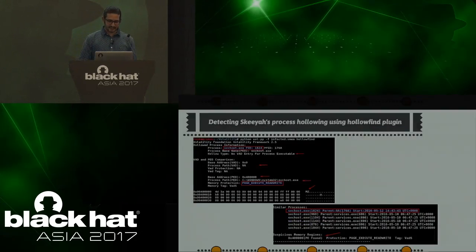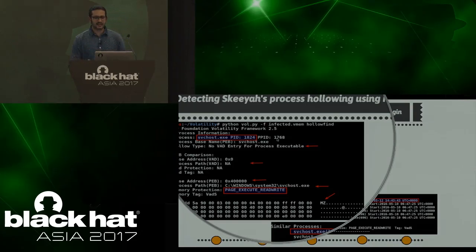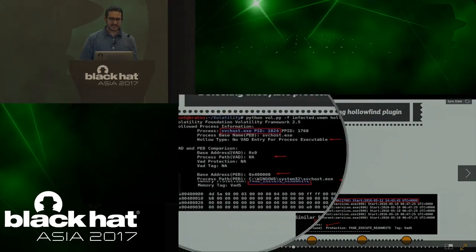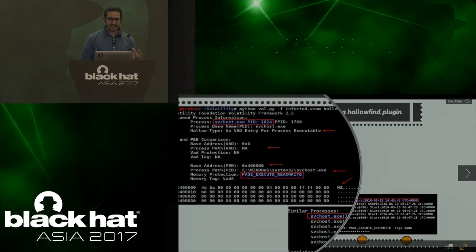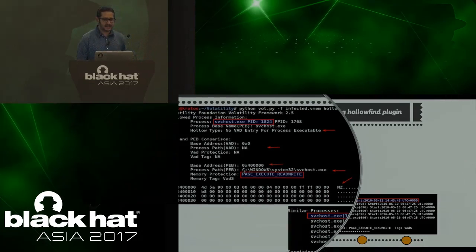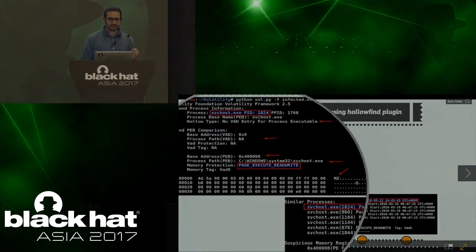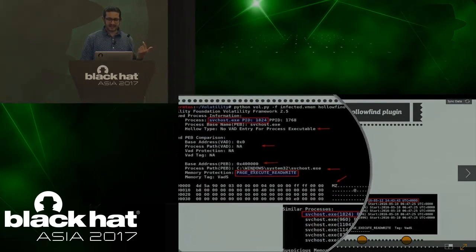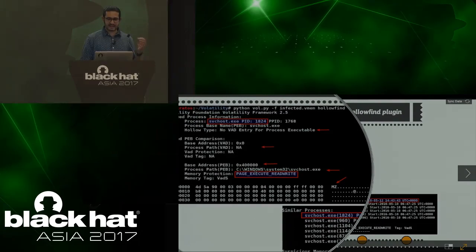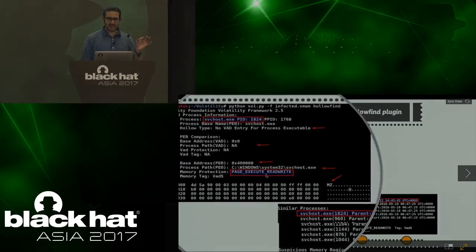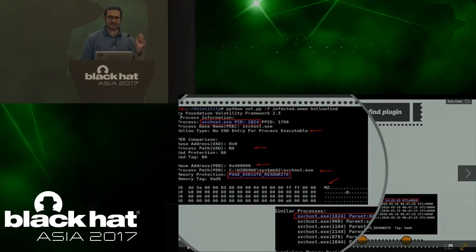That's against Stuxnet. Now running the same HoloFind plugin against the Skia, the second variant, you see that it also detects that discrepancy. It tells you that svchost.exe is bad. And you see that here it created a different discrepancy. You see that the VAD doesn't have any entry for the svchost.exe, whereas the PEB has an entry for the svchost.exe, and also the region where the PEB is telling the svchost.exe is loaded has a wrong memory protection, which tells you that the executable was injected into this region.